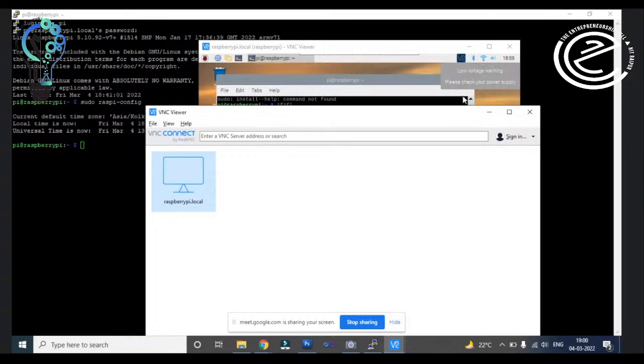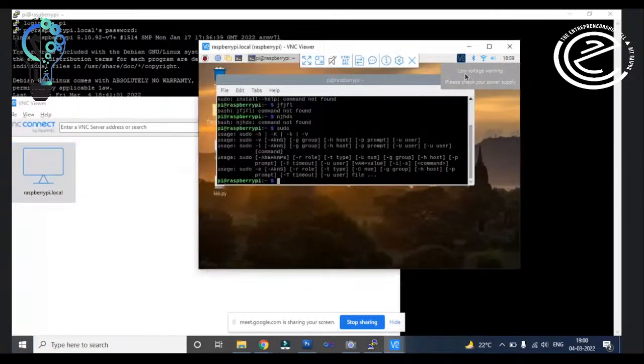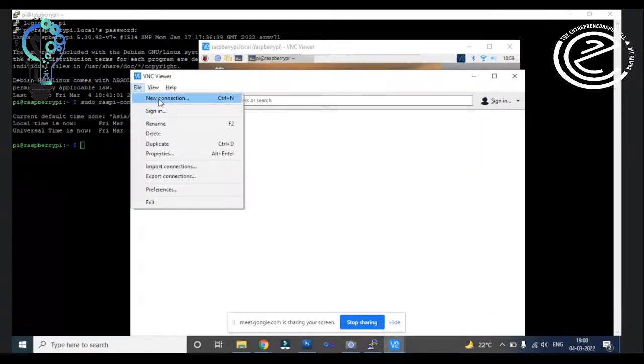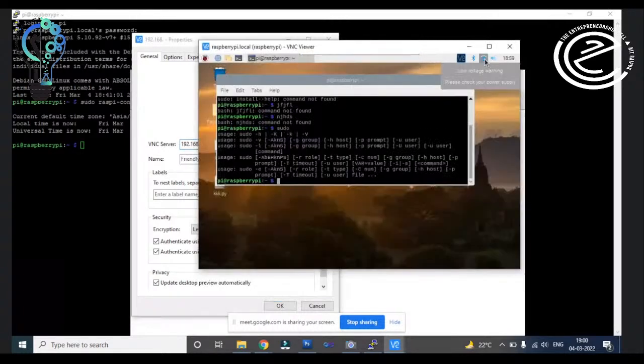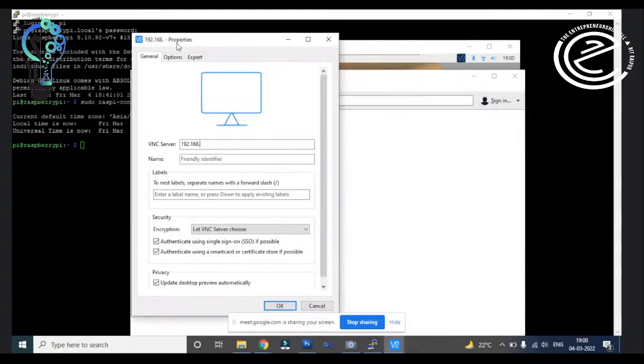I am accessing the IP address of this Raspberry Pi board, which is here. I will again make a new connection, and here I will write the IP address 192.168. Let me check the IP address again. 0.107.